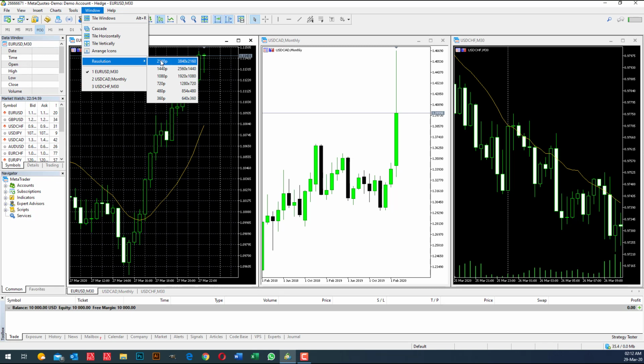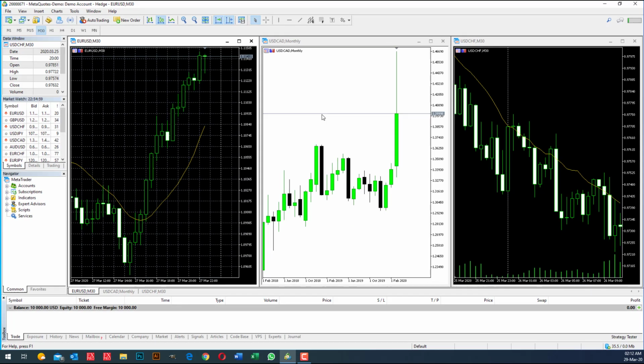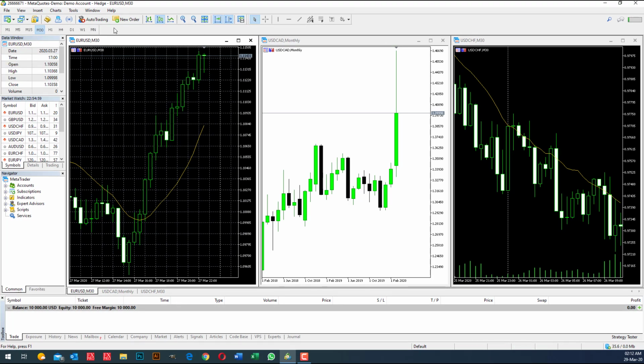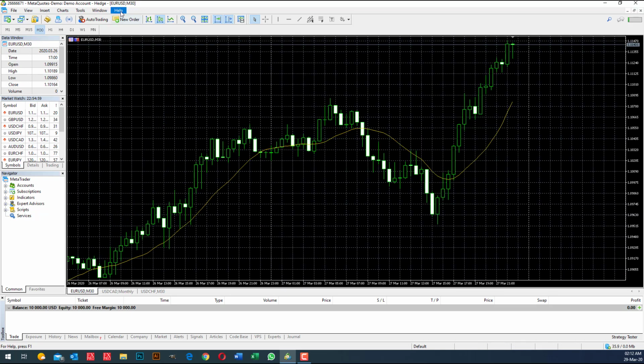Okay, this is the resolution for the platform. See, right now we are on Euro USD. If I select USD CAD, it means USD CAD is the one which is active. If I want to go back to my single view chart, I just maximize here. Then this is the help